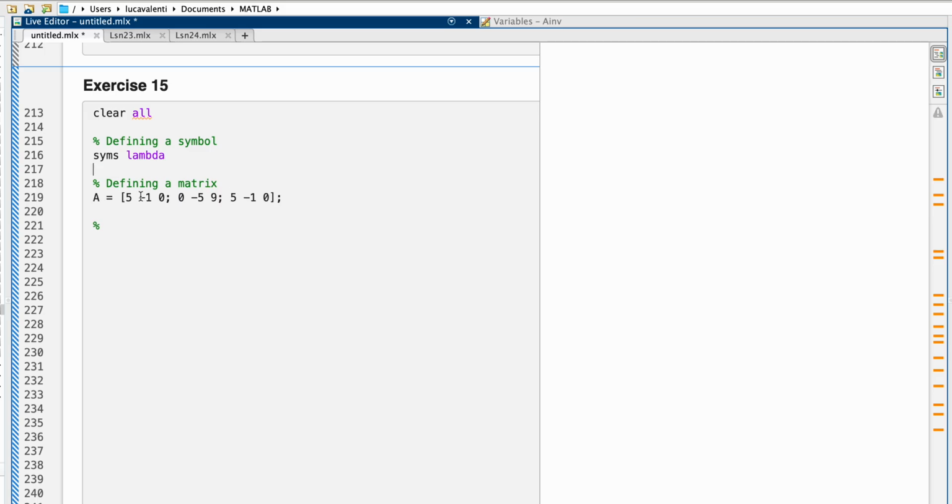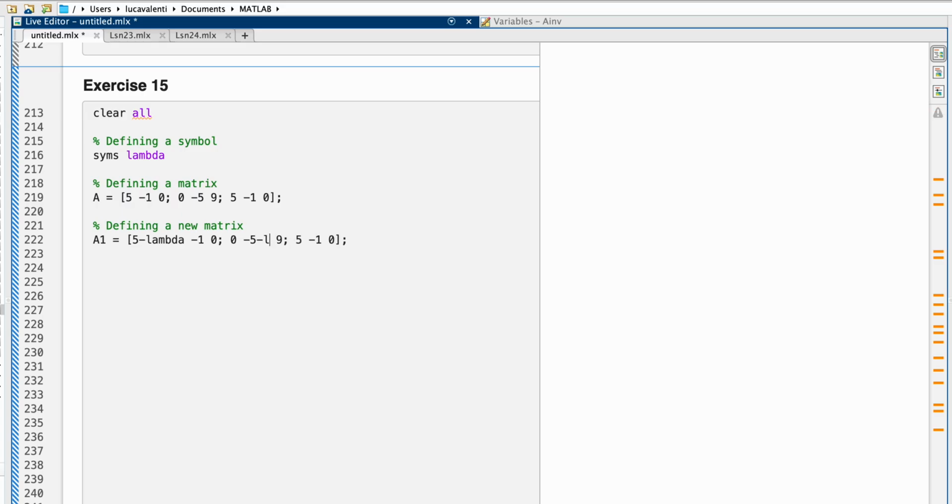And then we're going to define a new matrix, which is going to be the matrix A1, and that's going to be equal to that original matrix. So I'm just going to copy and paste it right here, but I'm going to subtract lambda